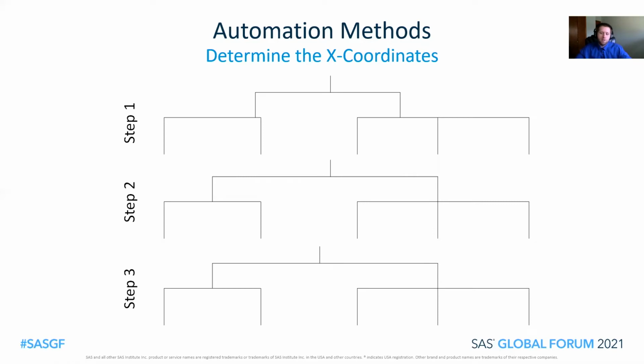The next step, we're going to assume that all the final paths are where they're going to wind up, and we start working our way up the consort. So in the second row here, I look at this node and look at what it connects to, find these 2 points, and then I just center them between those 2 points. Do the same thing on the other side. The final step, I go up to this row here, look at the 2 points it connects to, the 2 new points I've calculated, and then center it between those points. I found that this method works for pretty much any set of paths that I have.